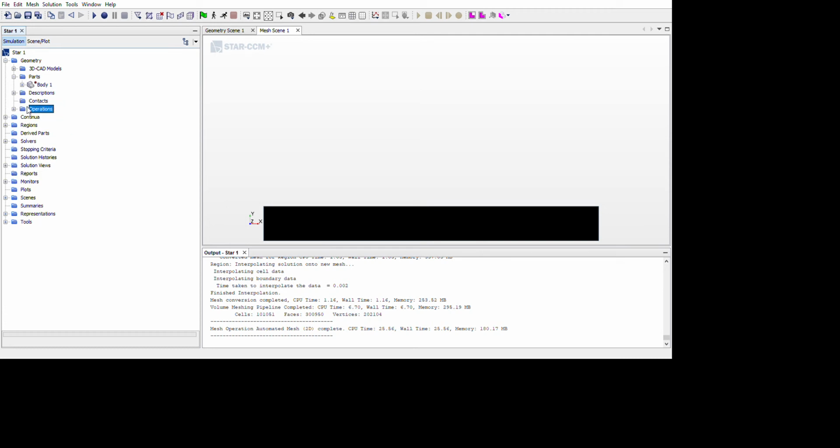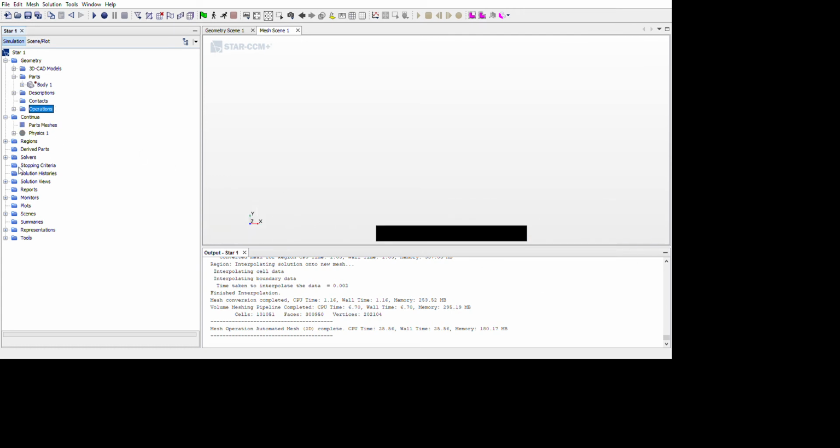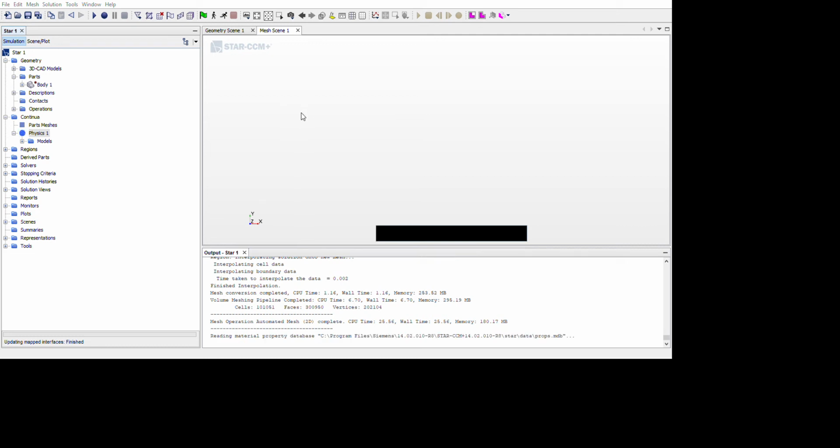So let's go to the physics where we set the model. I select my model, steady. Now I'm going to do it on water, so liquid. Coupled and segregated flow are options. When you look into the continuity and momentum equations, the coupled flow is written by modifying the momentum into the continuity and the continuity into the momentum, which is to say both equations are written in the form of each other by taking the Poisson equation and linking the velocities to the pressure, and a lot more.